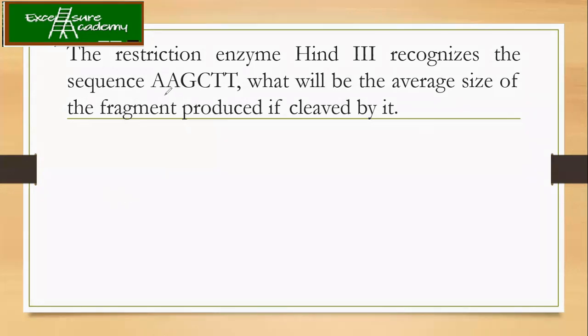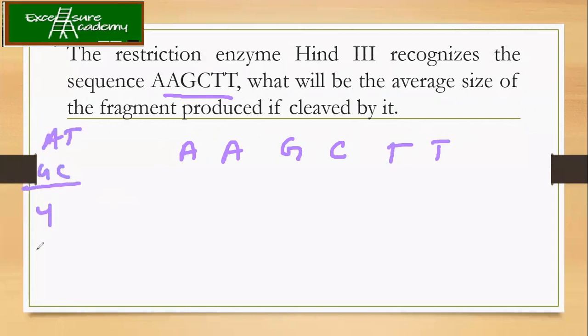We know that the given sequence is A, G, C, T and T. Again, we know that A, T, G and C, there are 4 bases, right? So the probability of each base is going to be 1 upon 4. Now there are 6 base pairs, so 6 spaces are there. We need to calculate the probability of each base occurring in that particular position. How are we going to do this? Let us say that adenine is there. What will be the probability of A occurring? It is going to be 1/4, right?